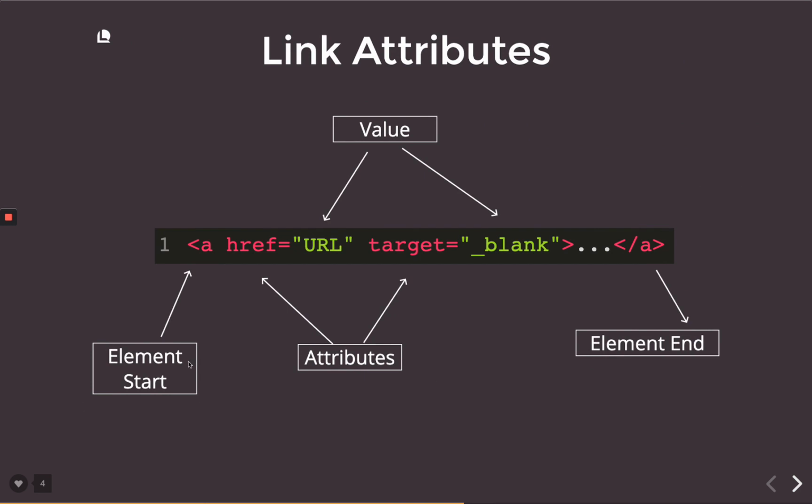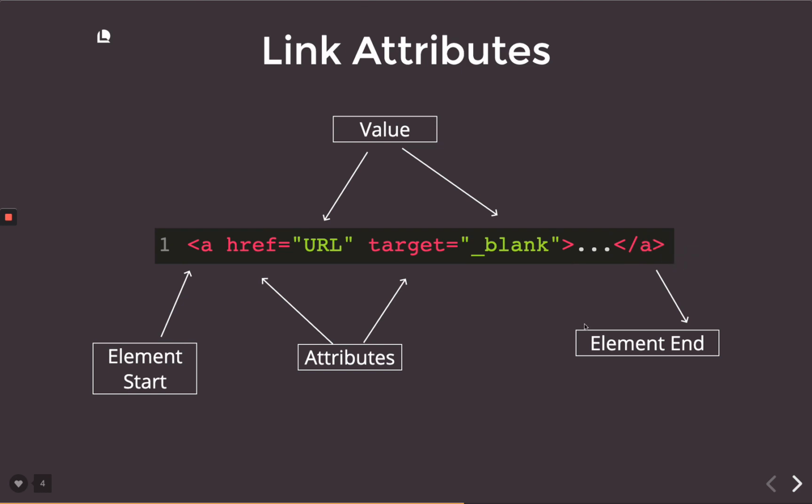There's the element start. Here's one attribute, one equal sign, one value, a space, and just a space, no comma, nothing else. And then another attribute name, which in this case is called target. You see how it's red? That's how you know they're attributes. And then the equal sign, because we know we have to set it equal to something, and then the value that is inside of quotations, which in this case is underscore blank. So all you want to memorize here is the element start, element end, and then the attribute equal value syntax, which is then just repeated one more time, all before that first tag ends. As you can see, we still have the closing one here,